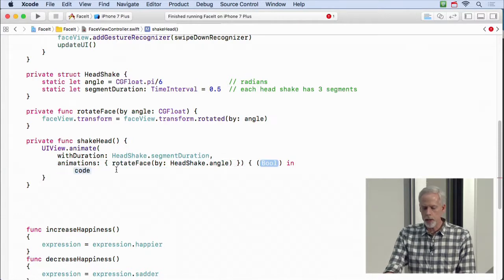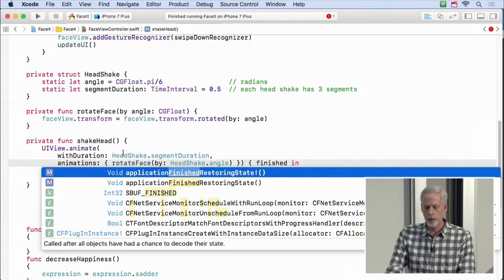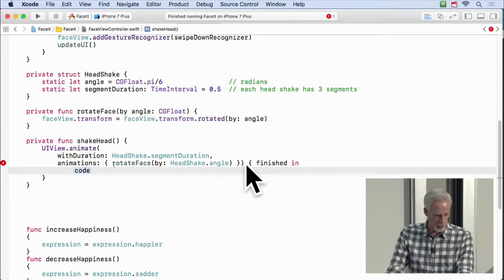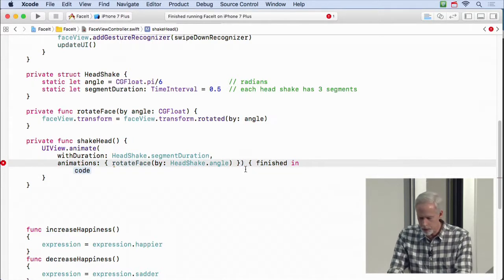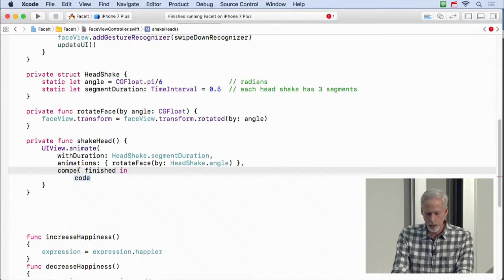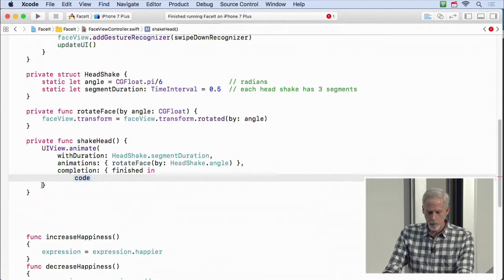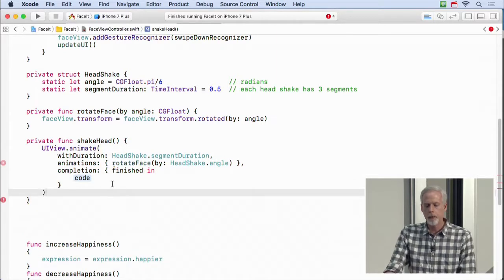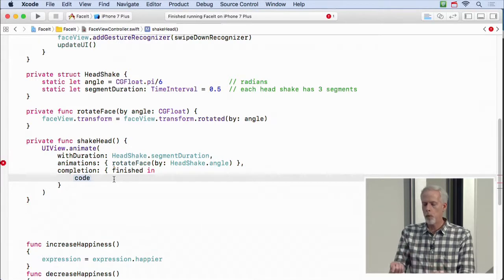Now, when it's done here, this completion code has finished, whether it's finished or not, and I do want to wait for it to be finished. Actually, I'll put this inside here just to make it a little easier for you to see that this is the completion. So this is the code that happens when it's completed.